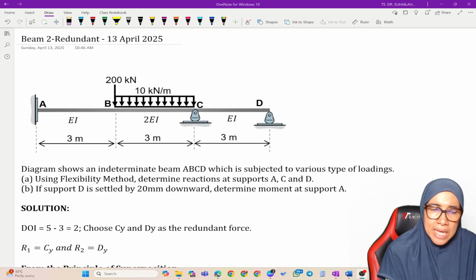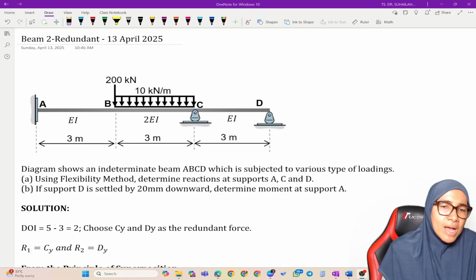Okay, for question A, and for question B, if support D is settled by 20 mm downward, determine moment at support A. So there are two questions here. So question number 1, question A is the basic question, and question B is an additional question whenever support settlement occurs. Okay, so we will start with